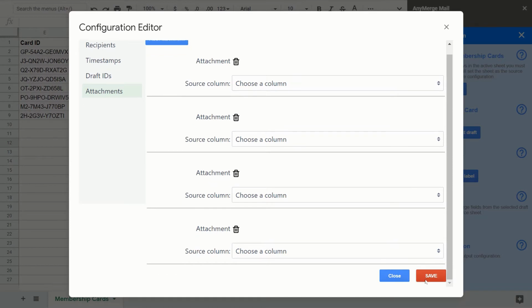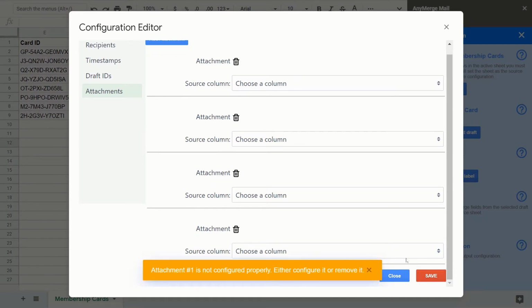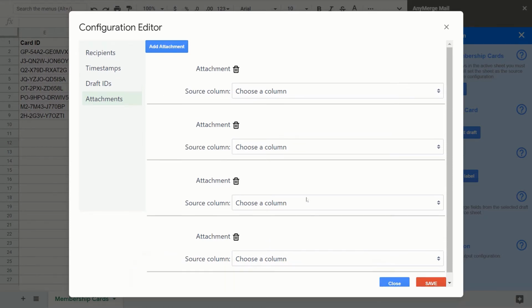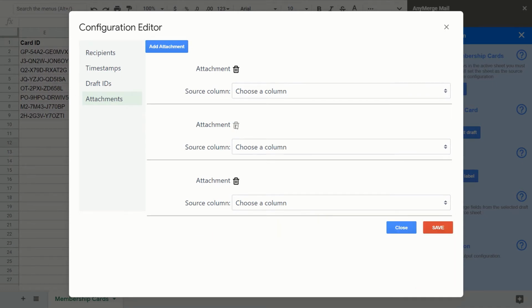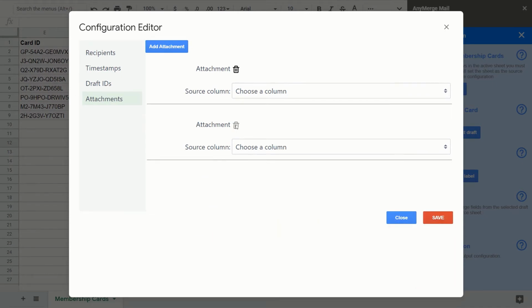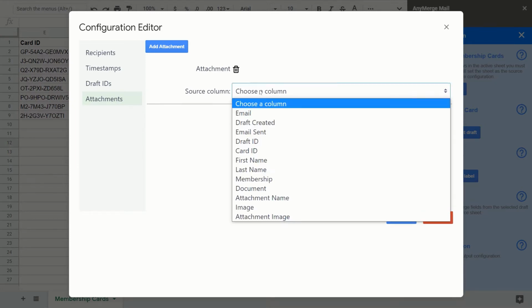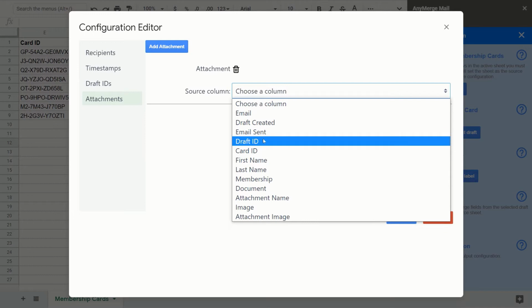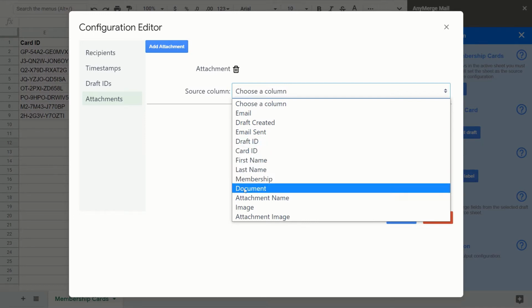You always have to configure all of them. Yeah, so you need to make sure all are properly configured, and you can remove one by clicking on the trash icon. So let's configure our first personalized attachment. In the source column, you need to specify a column where the add-on will be taking the links to the documents you would like to merge. In this case, I'm going to select the document column,